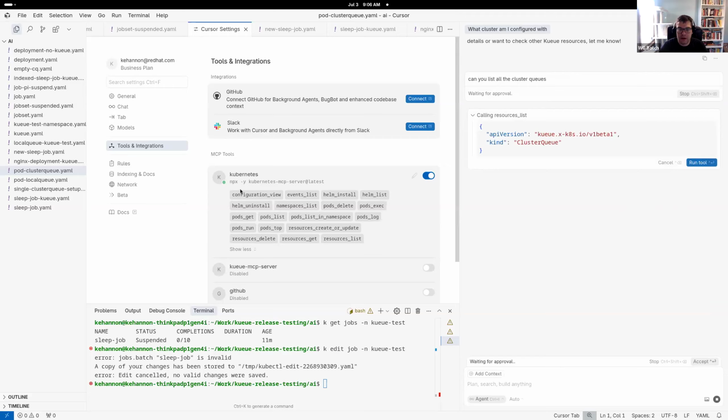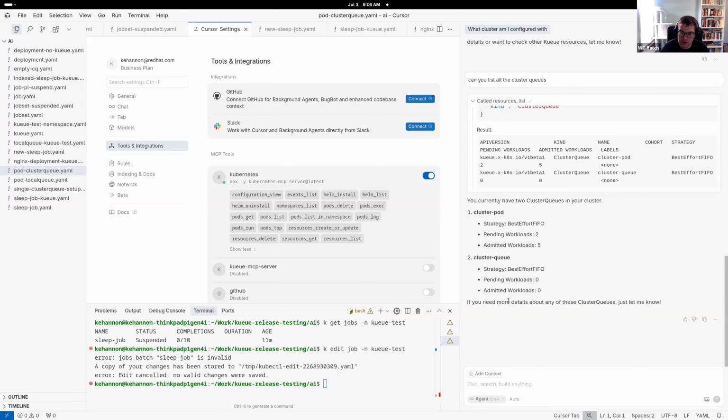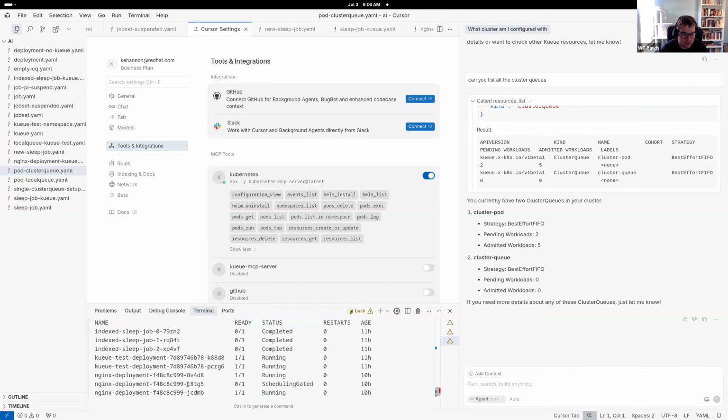Now this is all dependent on how you're connected to your cluster. If you were a user, you probably would not be able to do this unless it was set up. But you can see I already have a cluster running, I have this cluster queue which I'm limiting by pods. So the idea I was thinking, I might have workloads that are gated. So yeah, you can see here,